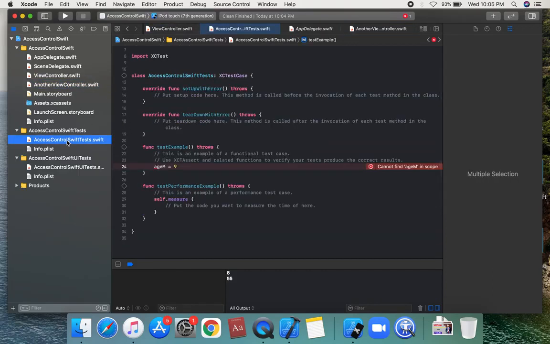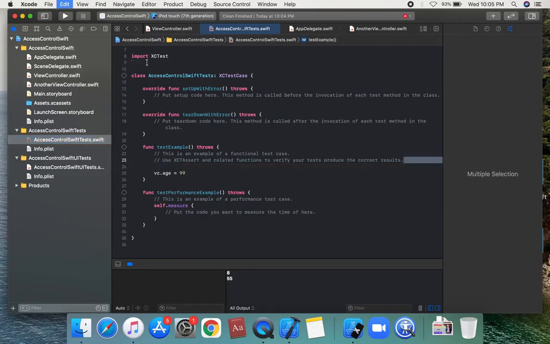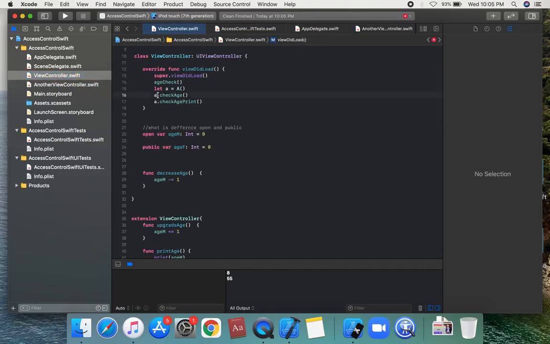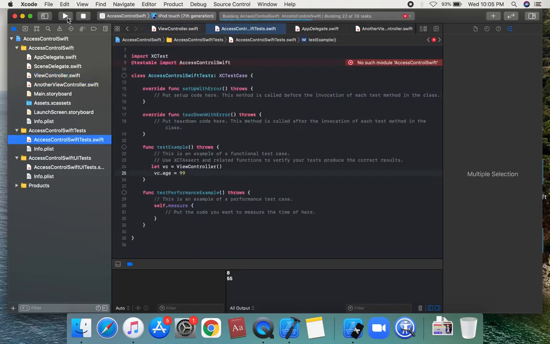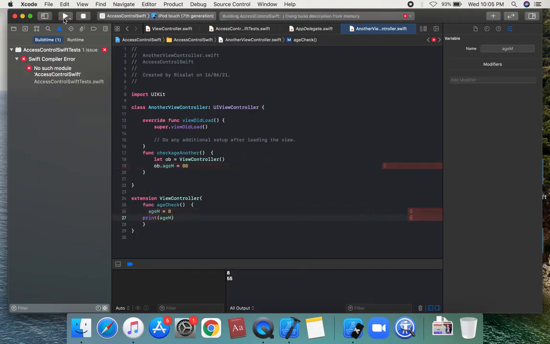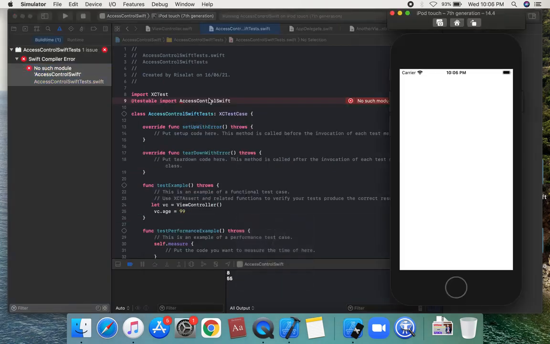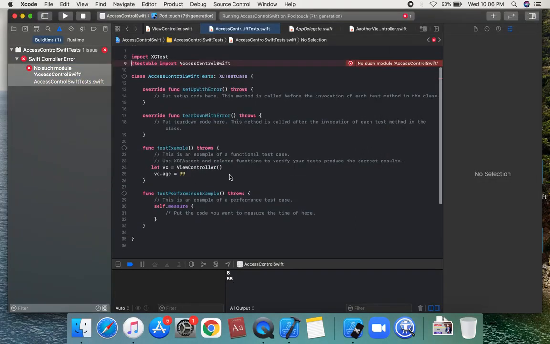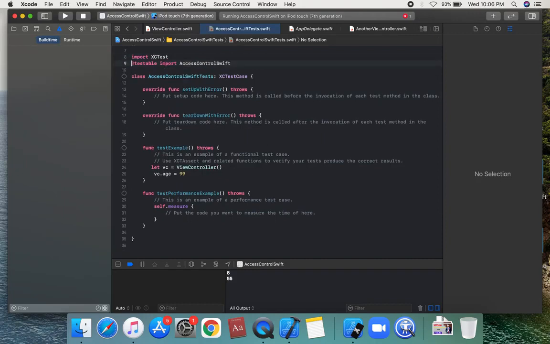Suppose we have a module here: import AccessControlSwift. ageM is not accessible, as you can check in the error.